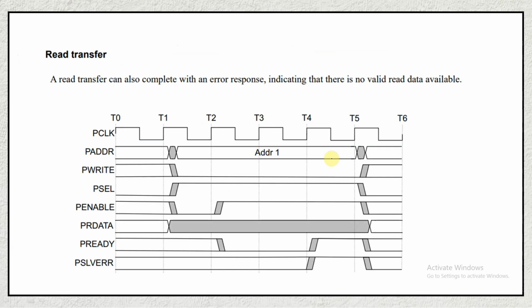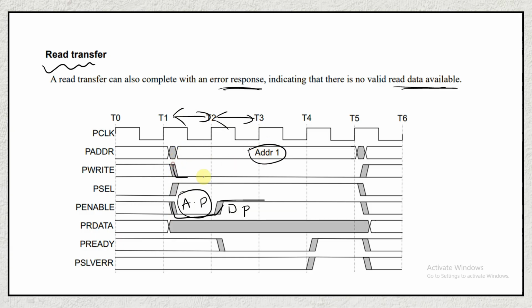Now let us try to understand a read transfer with an error. A read transfer can also complete with an error response indicating that there is no valid read data available. For example, in the T1 to T2 cycle your PENABLE was equal to 0, so that is an address phase, and in the T2 to T3 cycle your PENABLE was equal to 1, that is the data phase. Now in the address phase, the master is providing the address, and PWRITE is equal to 0, that means it is a read operation, and PSEL is equal to 1, that means a slave is being selected,